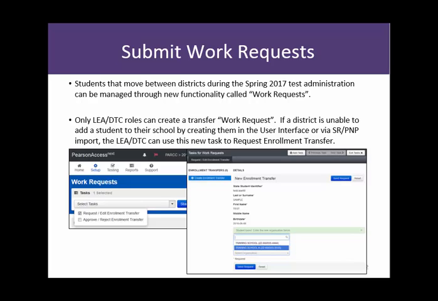an SRPMP, you will get an error that the student is already enrolled to another school, and you will go through the completion of this new task to request enrollment transfer. It is under Setup in Pearson Access Next, and Request Edit Enrollment Transfer would be your task. So you just choose Setup, Work Requests, and then the task would be Request and Edit Enrollment